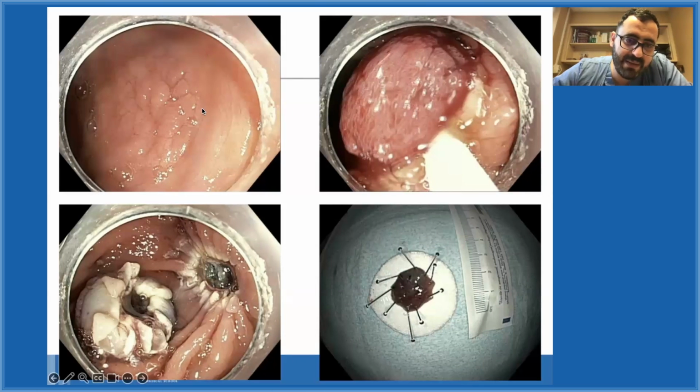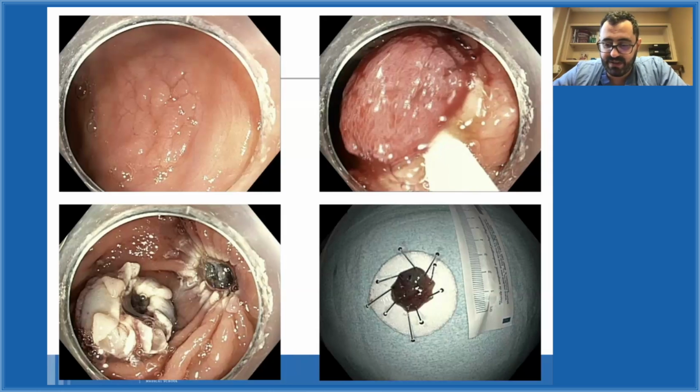Those polyps sometimes can be difficult to see, and they can be actually missed. And then here, after I put the snare around it, and then after we cut, very nicely removed in one piece. This is where the defect is, and this is the specimen. And this is after we remove the specimen, approximately 2 centimeter in size. Okay, so EMR works perfect here, but